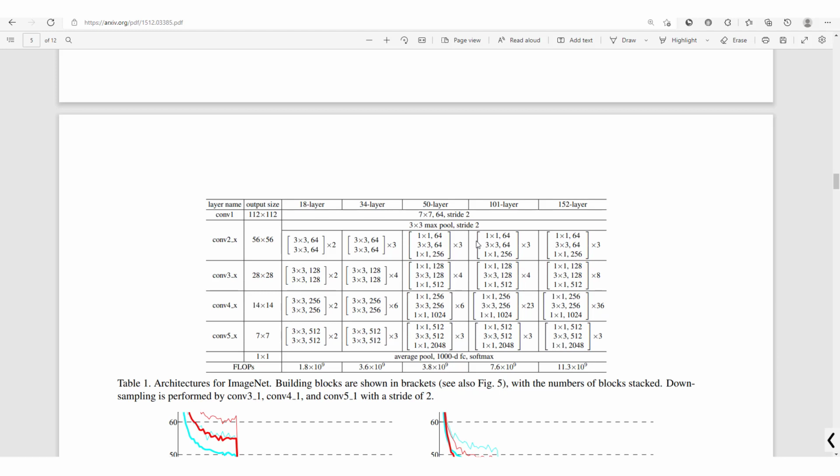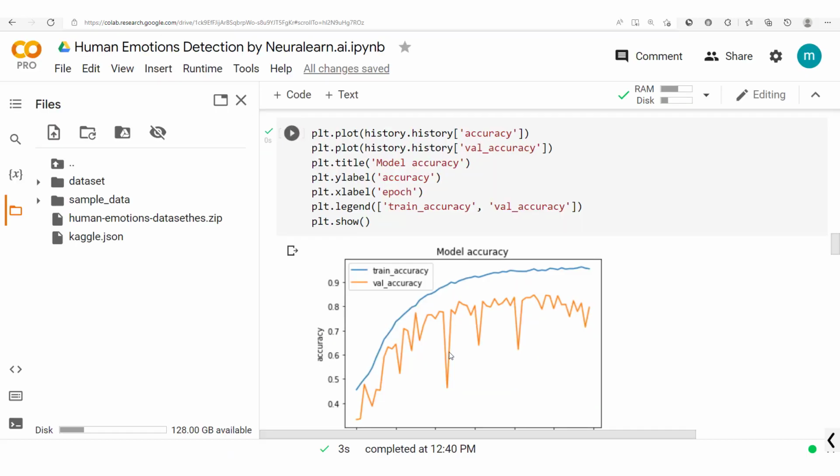Hello everyone, and welcome to the session in which we are going to implement the code for ResNet 34 in TensorFlow 2. Now, here is the ResNet 34 model right here. We have other variants like the 50, 101, and 152. After going through this section, you'll be able to implement these other variants right here. And also, you'll be able to get results like this, where we can see clearly an improvement in the accuracy